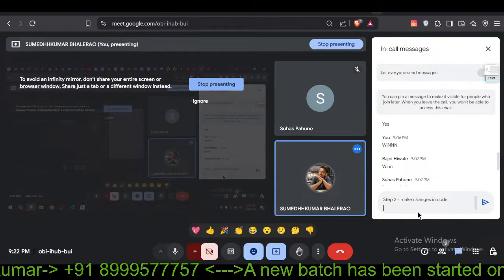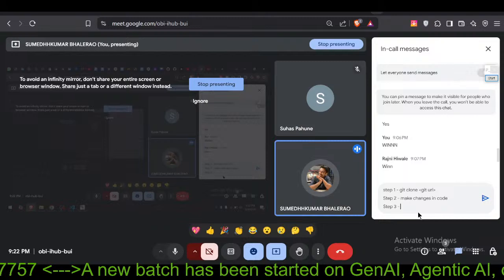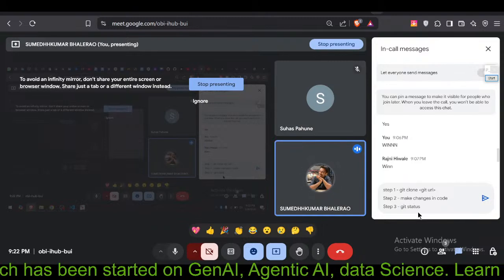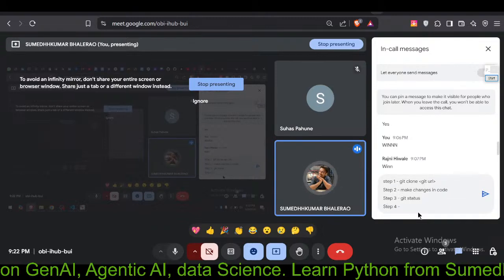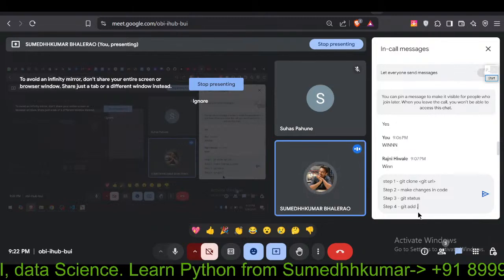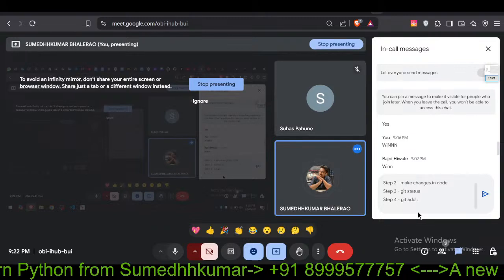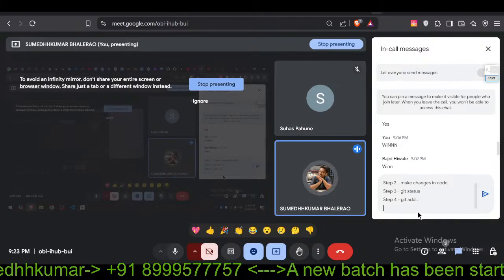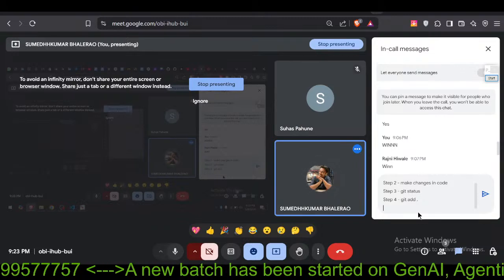Then step three क्या रहेगा, जैसे आपके सारे changes हो जाते हैं code में, you will just say git status, ठीक है। Git status क्या करेगा, आपको सारे changes बता देगा कि क्या क्या हुआ है, क्या क्या नहीं। Then you need to say this git add ., ठीक है। तो ये क्या करेगा, आपके सारे changes stage करेगा। मतलब आगे भेजने से पहले हमें वो changes कहीं पे stage करने होते हैं। Stage means कहीं पे रखने होते हैं।